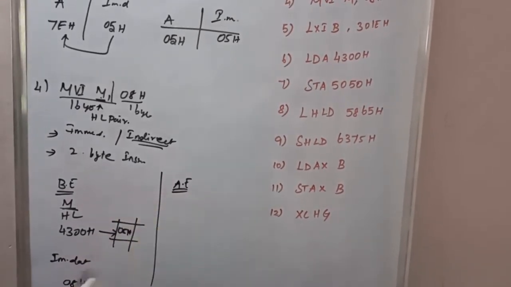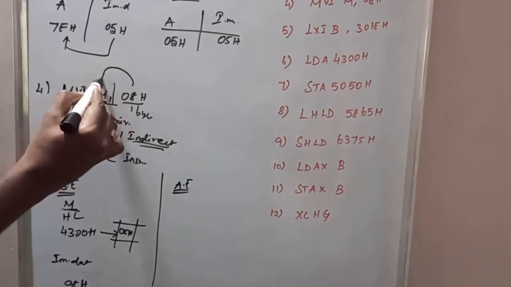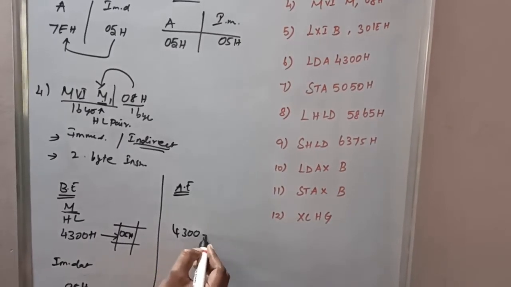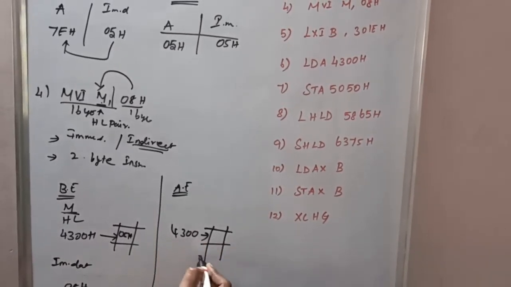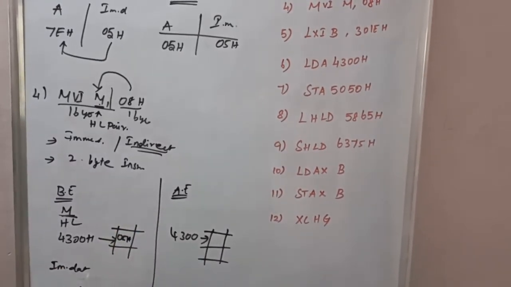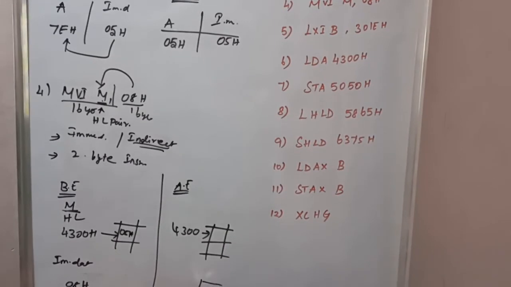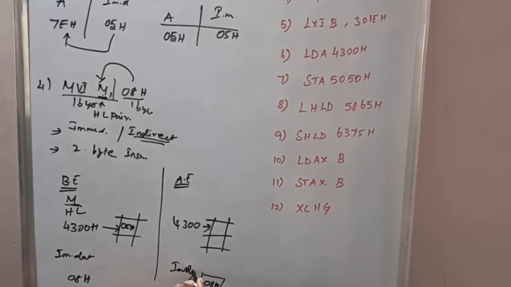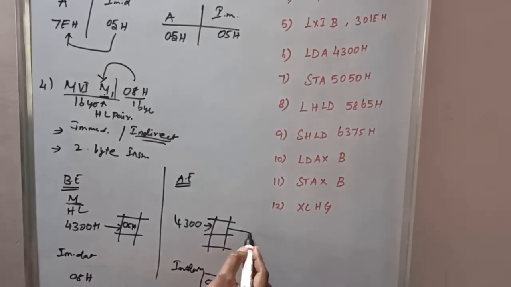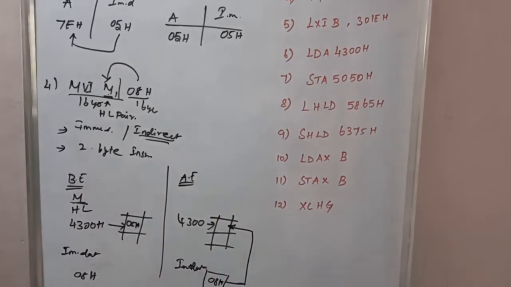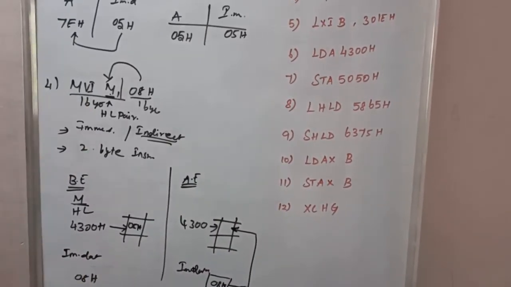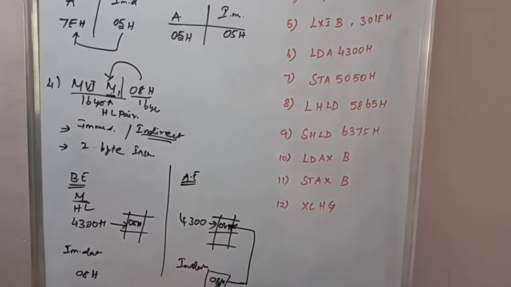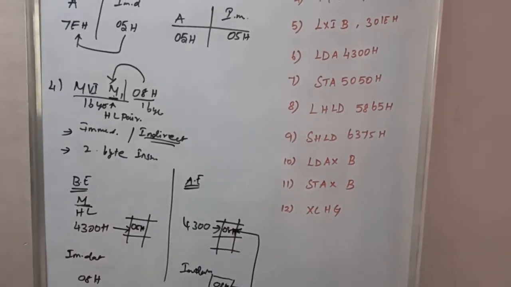After execution of this instruction, the immediate value is transferred into the memory location. Now the address location is 4300, which points to a location of the memory cell. The immediate value is 08H. This data is transferred to the specified memory location, which is held in the HL pair register. After execution of this instruction, the immediate data 08H is transferred to 4300.